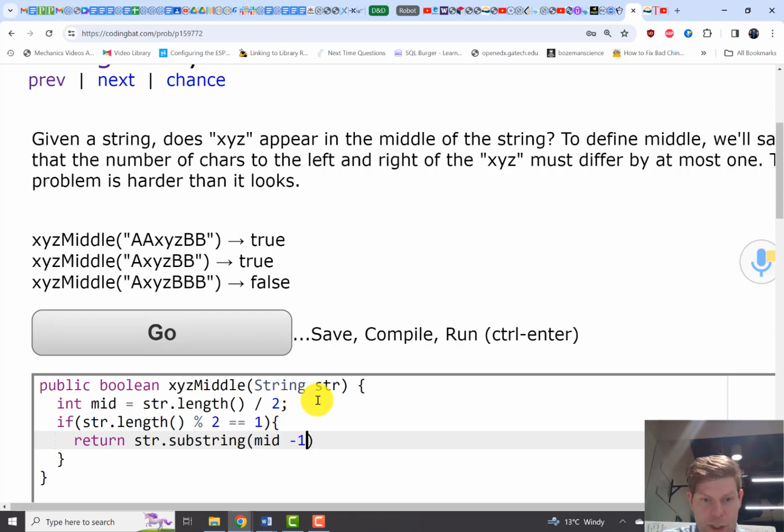So I'm going to do mid minus 1 is the first index I want. And so this is mid. This is mid plus 1. So this guy would be mid plus 2. So first index I want, first index I don't want is mid plus 2. And I want to check that that equals x, y, z. Then else,